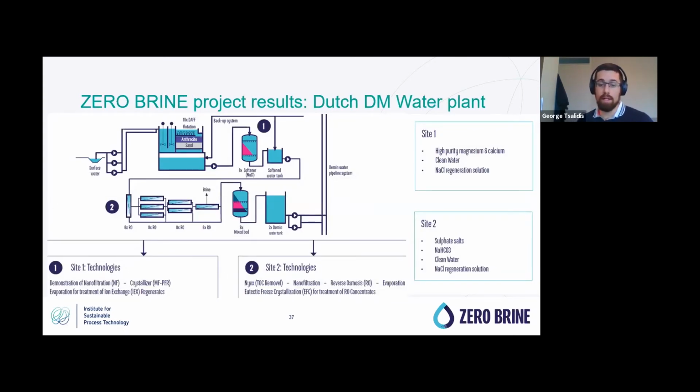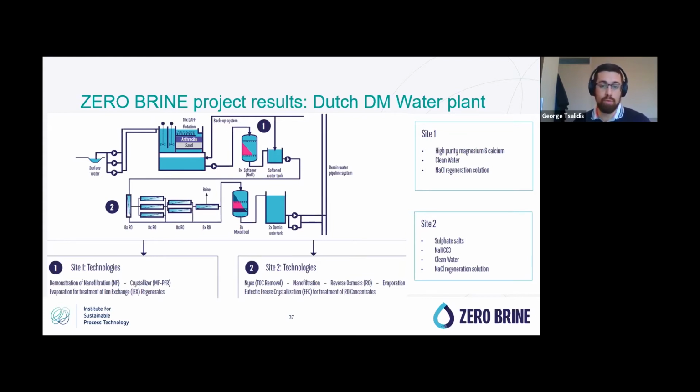So somebody asked earlier, Jan Willem, about the technologies. Brine is generated from two sides, the ion exchange softener and the reverse osmosis unit. And as you can imagine, this brine has different characteristics, and as a result, different technologies were selected to process brine from site 1 and site 2. In both cases, pilot demo scale units were operated,